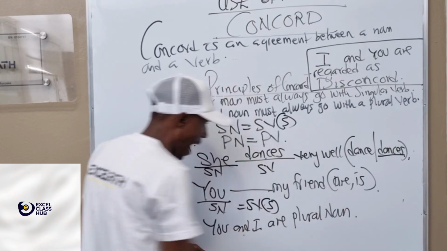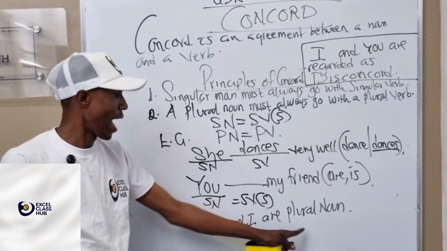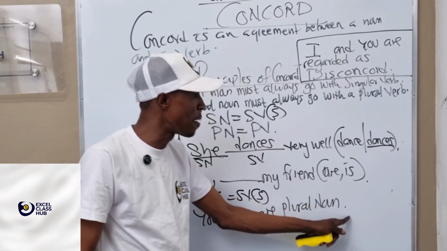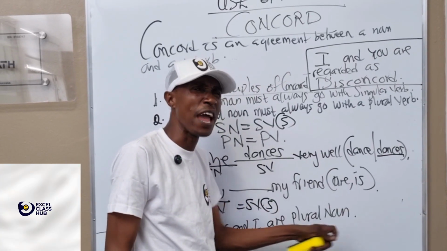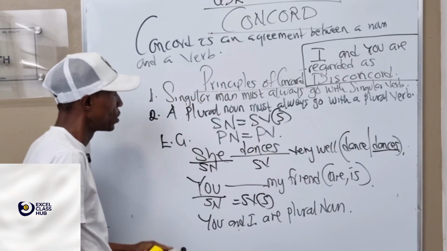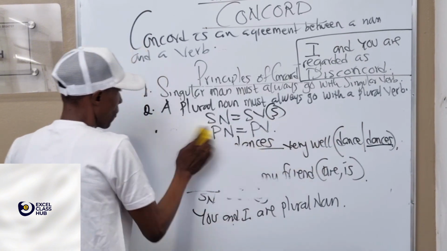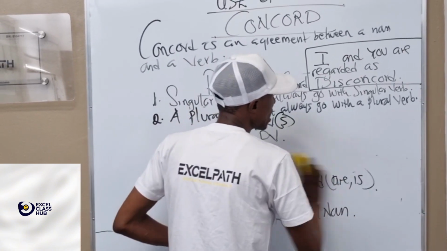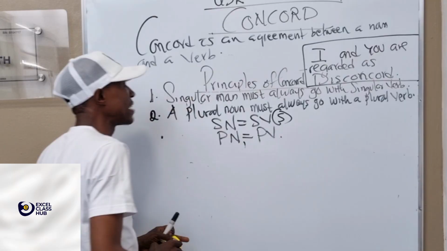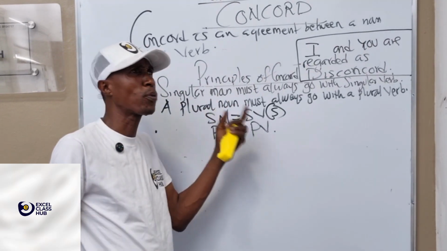You and I are what? Plural noun. And a plural noun must go with a plural verb, and your plural verb must carry what? S. So take note of that. Now, from here, we are going to be looking at various questions that can be asked under principles of